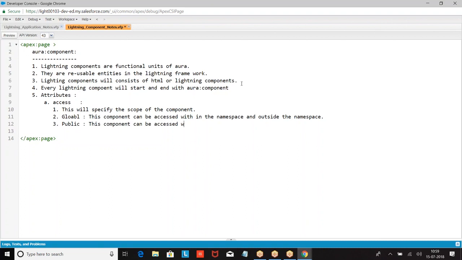Otherwise it can be accessed only within the namespace.